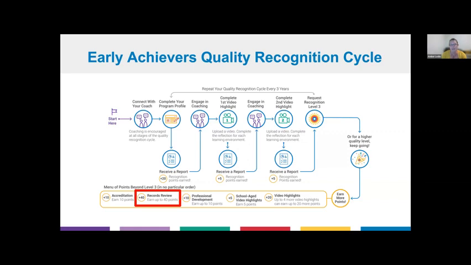The program profile questions are tied to the records review standards, and the program profile report can be used to reflect on what programs wish to opt in or to opt out of a records review, because you can opt in or out of any of the standards. So then once 2 rounds of video highlights have been completed, a decision can be made to request a recognition level 3 or to move beyond level 3 and go for a higher quality recognition level, which is records review is one of the options to move beyond a level 3. And with records review, up to 40 points can be earned, and all documentation is submitted digitally in CC.